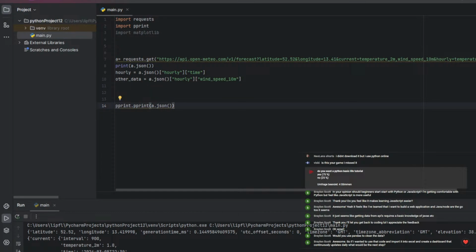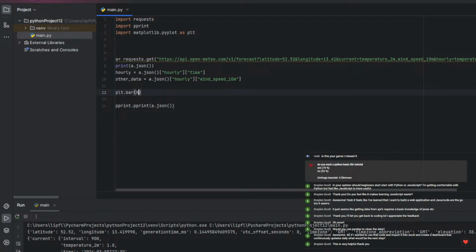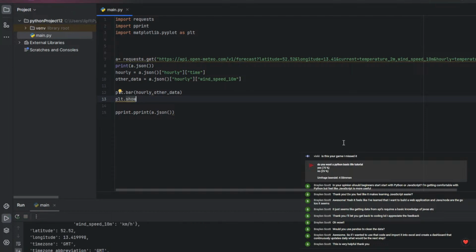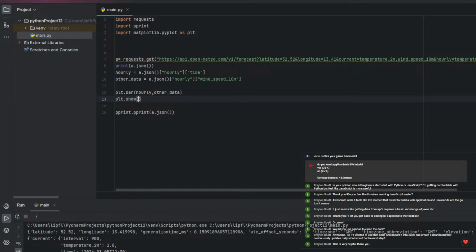Okay, yeah, so Matplotlib is installed. Now import matplotlib.pyplot as plt, and now plt.bar with hourly and other data, and plt.show. Now if we run that, oh, I forgot the brackets. Now if we run that,